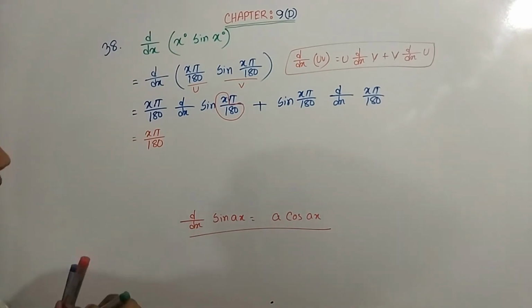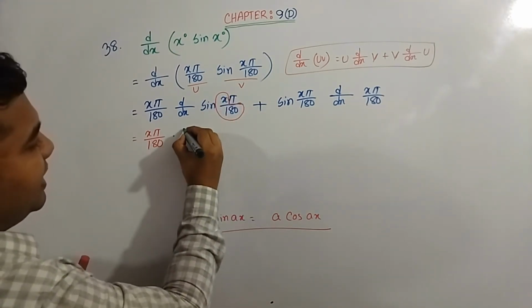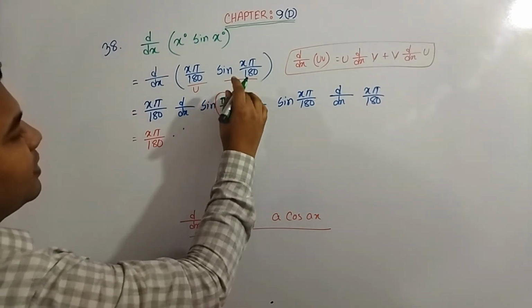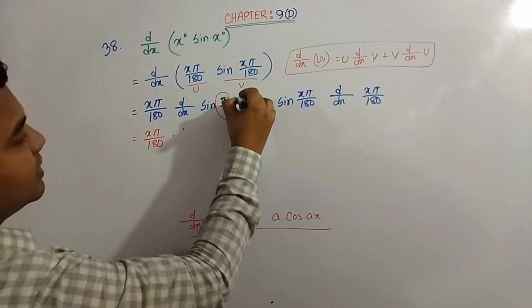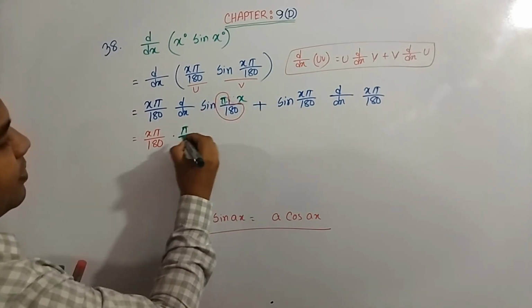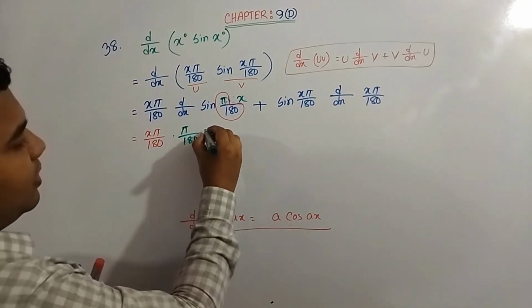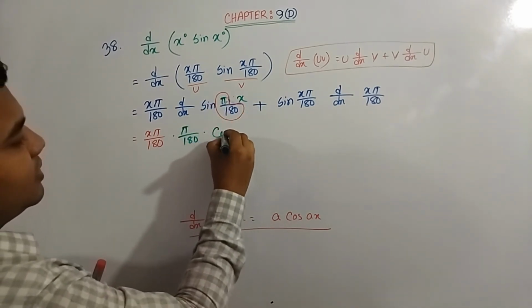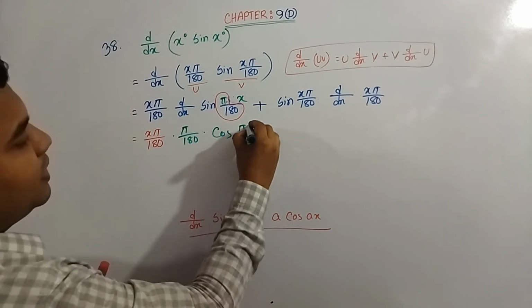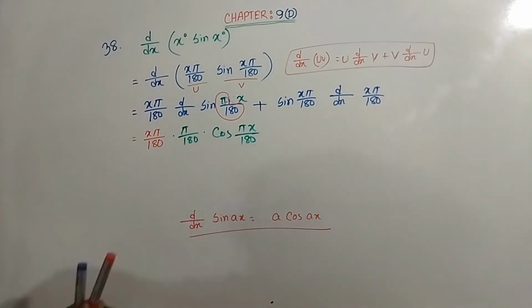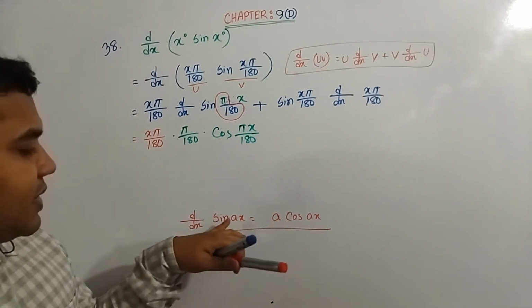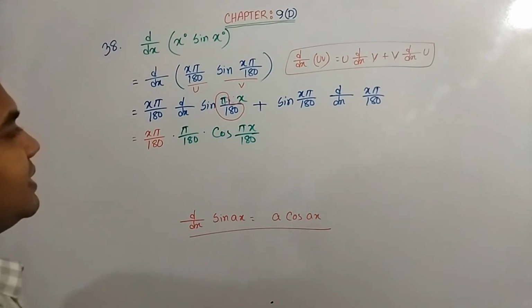So we'll write here a into cos ax, that is pi by 180 into x. So sin ax is the definition, the derivative of sin ax is a into cos ax. Okay,